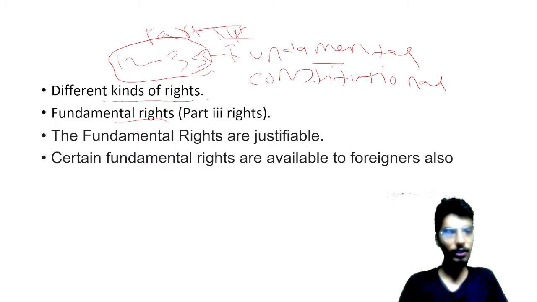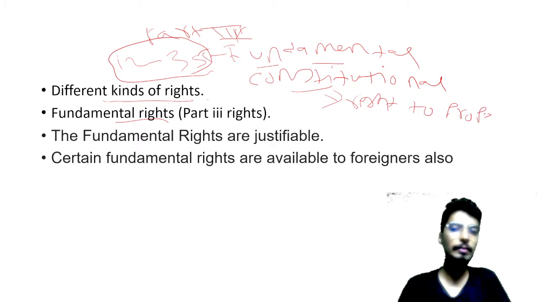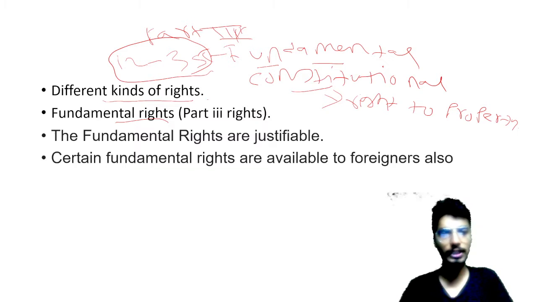But one thing we need to understand कि फंडामेंटल राइट्स सिर्फ एक तरह के ही राइट्स नहीं होते हैं. There are different types and kinds of rights. So fundamental rights will be there, there are constitutional rights. Like even in Indian Constitution you will find कि there is right to property. Right to property जो पहले फंडामेंटल राइट्स के अंदर था, but after certain amendment it became constitutional right. So it is not fundamental right, but it is constitutional right.